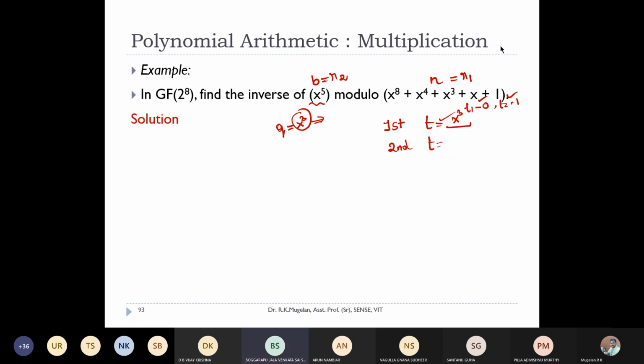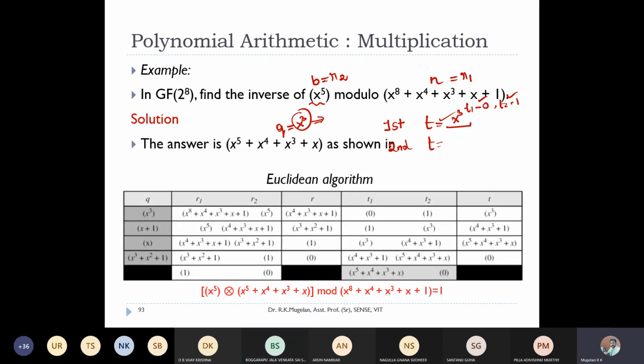Sir, x power 4 plus x cube. Okay, Sandeep, I will show the answer for the rest of the thing. Actually, x power 4 plus x cube plus 1 will come. Yes, sir, plus one also. Yes. So this is how you'll be doing your